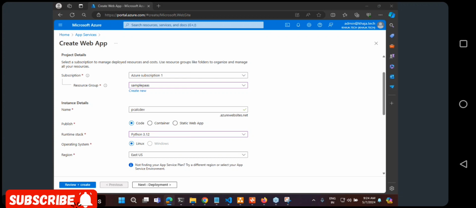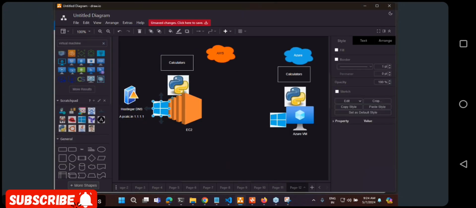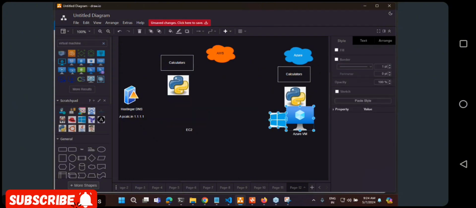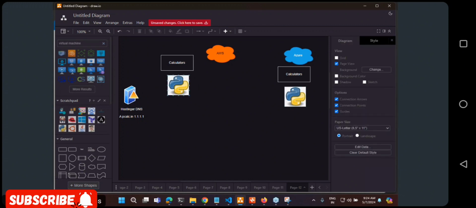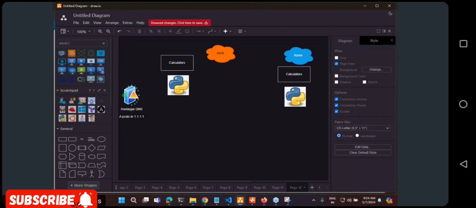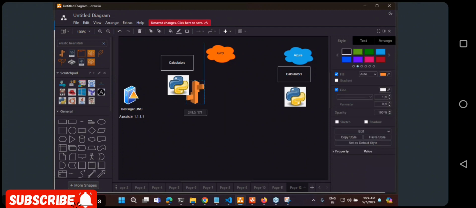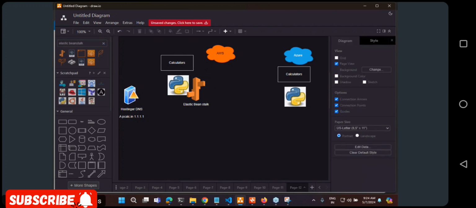So in this case, I am not worried about it. What I need is Python. AWS gives me an option called Elastic Beanstalk.